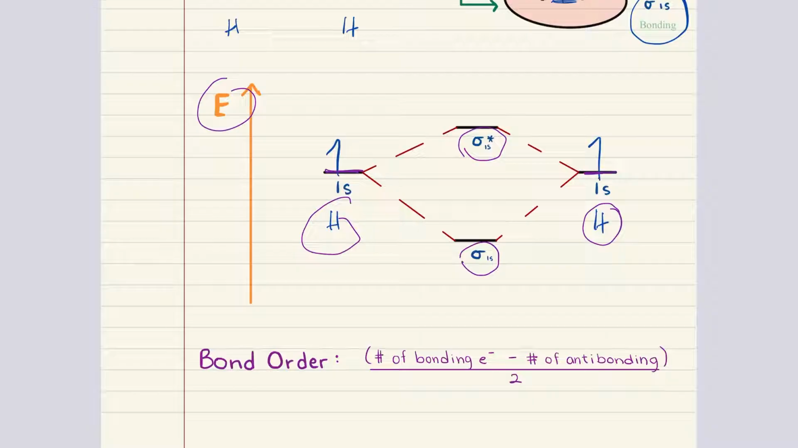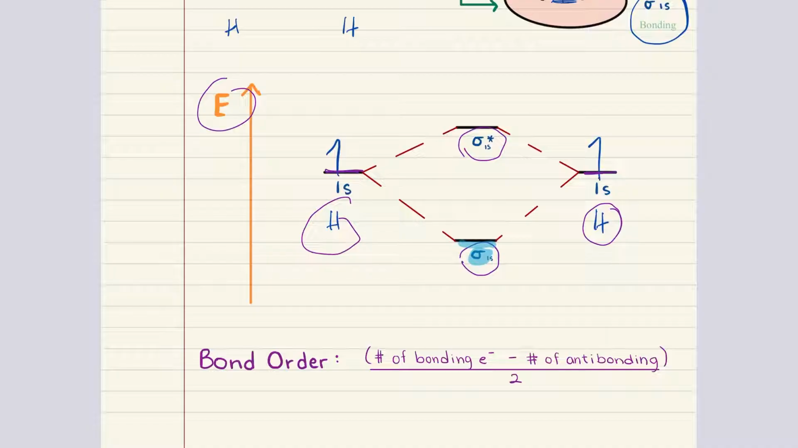Molecular orbitals follow the same principles as atomic orbitals when it comes to electron placement. According to the Aufbau principle, electrons fill the lowest energy orbital first before filling any higher energy orbitals. Then, the Pauli exclusion principle tells us that each orbital can only hold a maximum of 2 electrons with opposite spins. Finally, Hund's rule states that if multiple orbitals of the same energy are available, electrons are going to fill